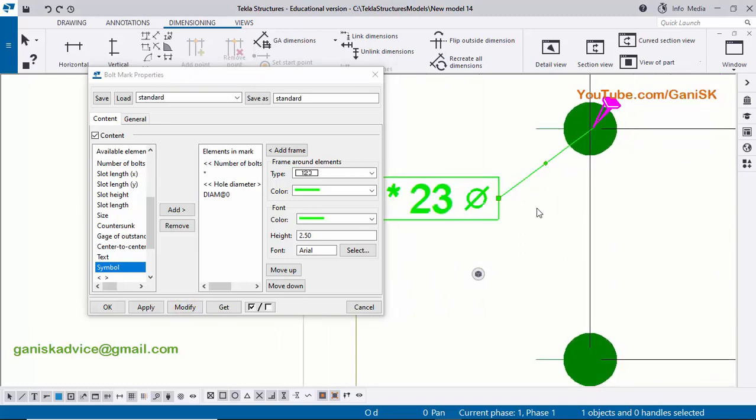Next we need to type here hole, then dia hole, then click on select this text, then click on add and type here hole, then click on OK, click on modify,